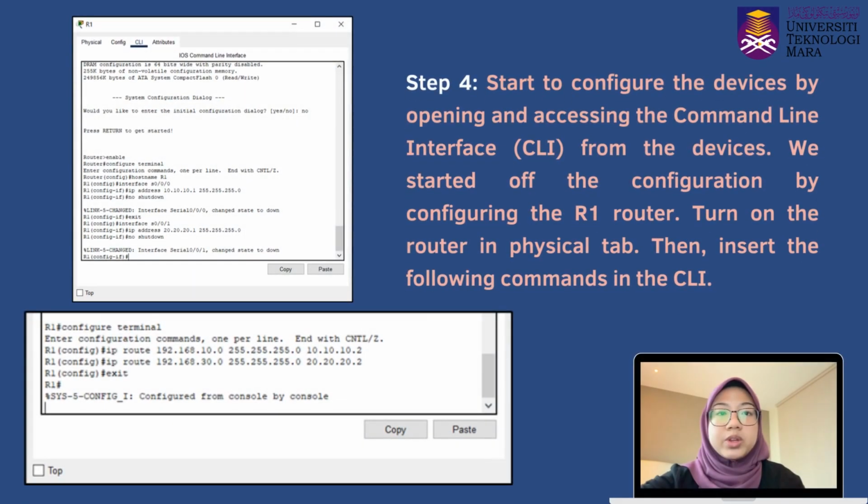So I will be continuing the fourth step, which is to start to configure the devices by opening and accessing the command line interface from the devices. So we started off to configure the first router, which is R1. Before we begin to enter all the commands to configure the router, we need to turn on the router first by turning it on in the physical tab, and then we insert all the commands in the CLI. The commands that we use to configure the first router, R1, the first one is